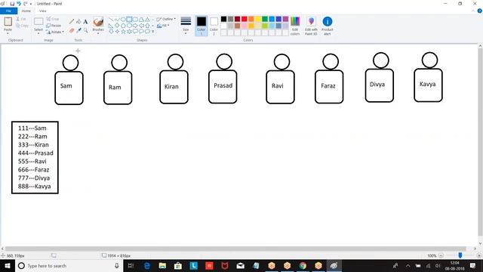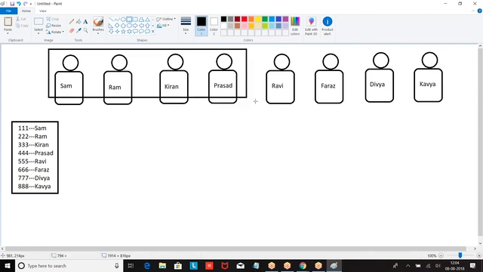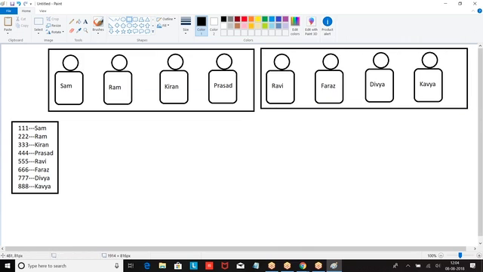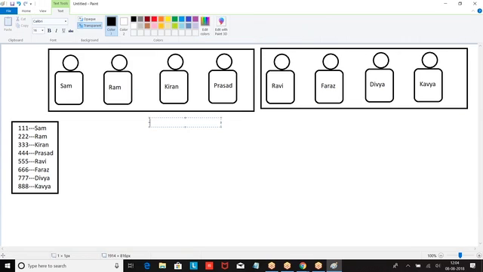Now, according to my organization, look at this. These 4 people have one profile.